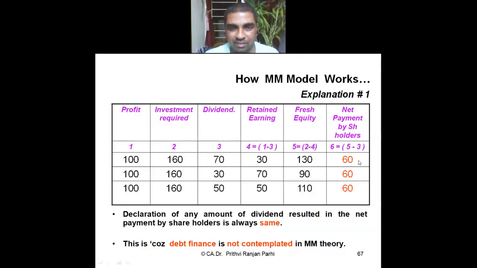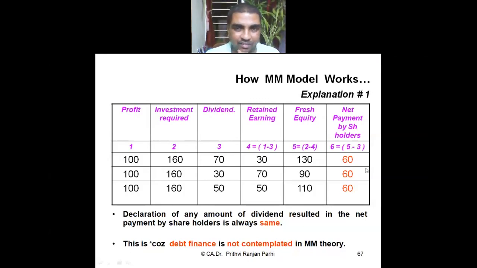Sir, this fresh issue is for new shareholders, right? Then what about dividend for the existing shareholders? Try to understand. We are not talking about the dividend part right now. New and old taken together, they are the shareholders of the company. Let us say from all the shareholders in this year, we have collected 130. And to our shareholders we have paid 70. We are not creating a distinction between new and old. From the shareholders, 130 is collected, and to the shareholders, 70 is given. Now the net payment is 60.